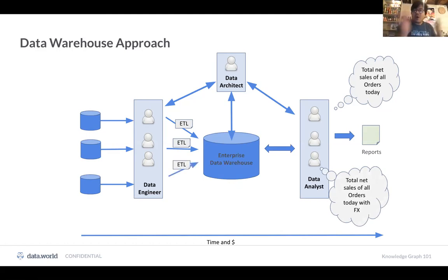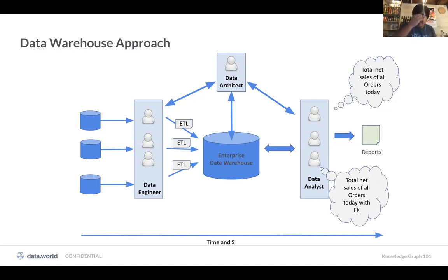So then you go off and say, okay, we need to make these changes. We need to add this new data source. The schema changes. That means that we need to change the ETL scripts that we did before. Oh, by the way, the person who wrote the ETL script before is not at the company, so somebody else needs to reverse engineer somebody else's code, yada, yada, yada. All of this continues.